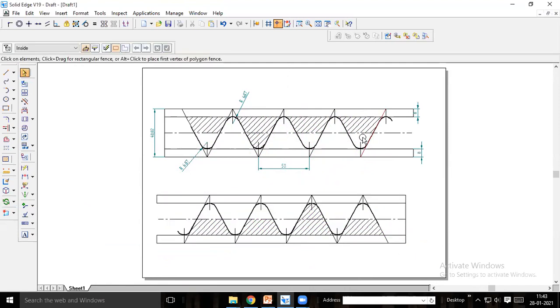See, this is the internal thread where here it is empty. Internal threads are empty. So this is solid portion. If you want the external thread, these portions are empty. You just do like this. Copy, move and rotate. If you have the same profile, you can do like this. No need to waste the time.